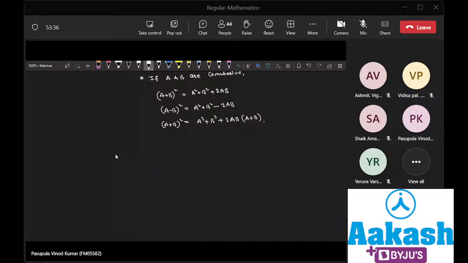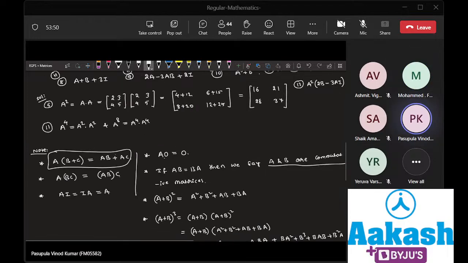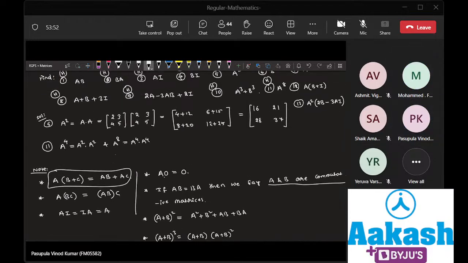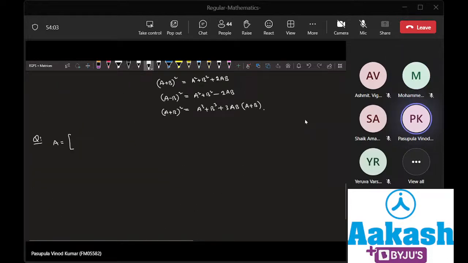Here, question. What is there? Let A is equal to, what is it now? Sir, once can you show the 12th and 13th question? The 13th one? Any issue with the 13th one? You are noting it down. Yes, sir. Okay. So see here. Next,